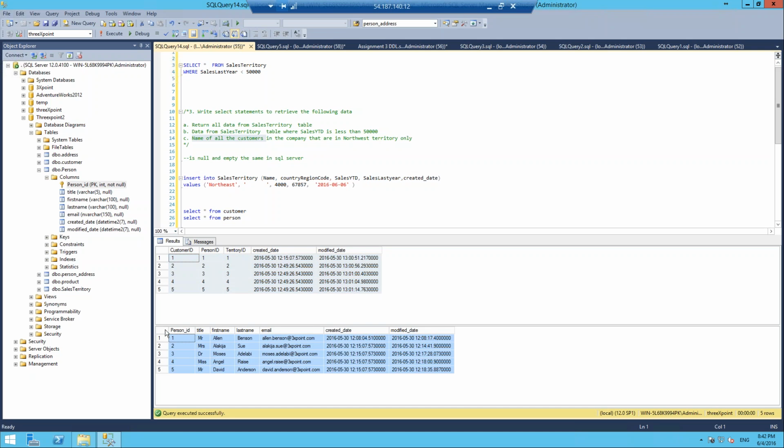So what we need to do then is find a way to join these tables together based on an ID column. And what's that ID column? That ID column is the person ID, because it is common to both of them. So what I would do then is there's something called